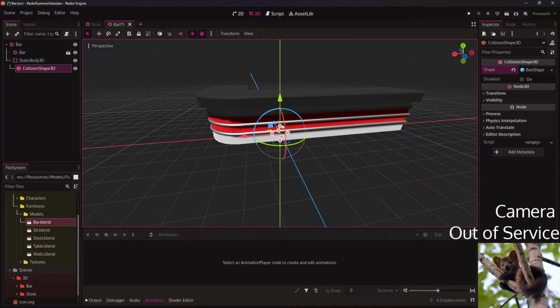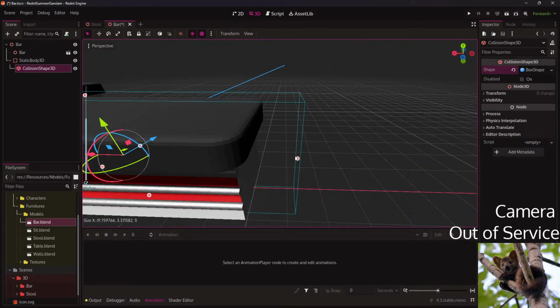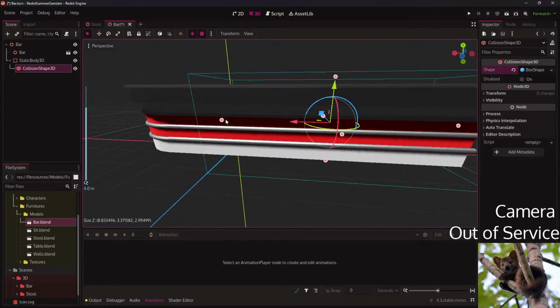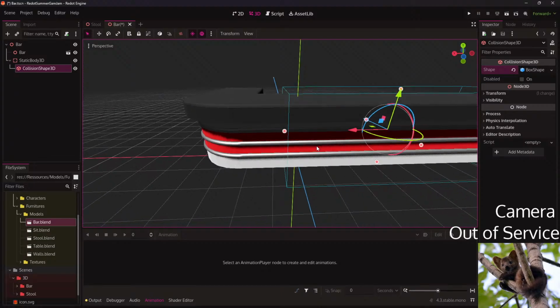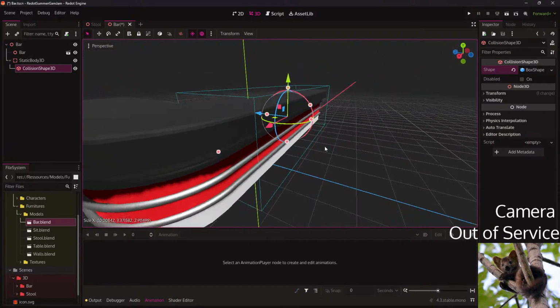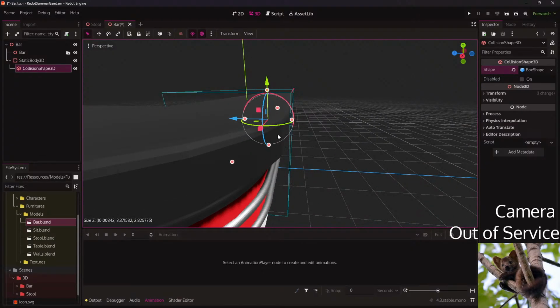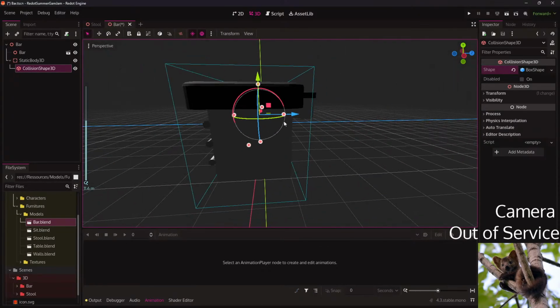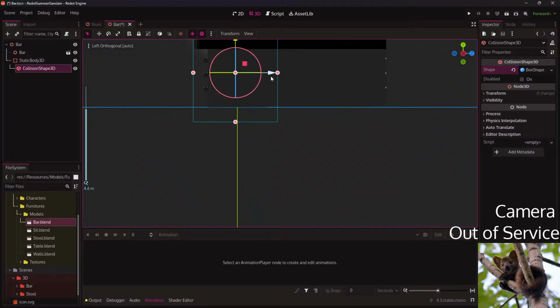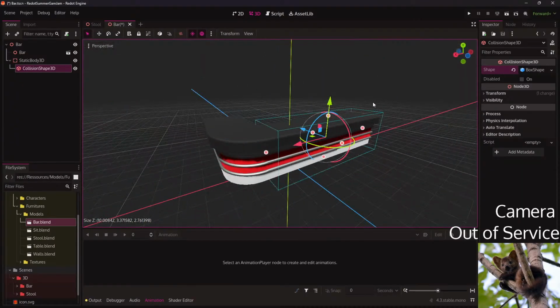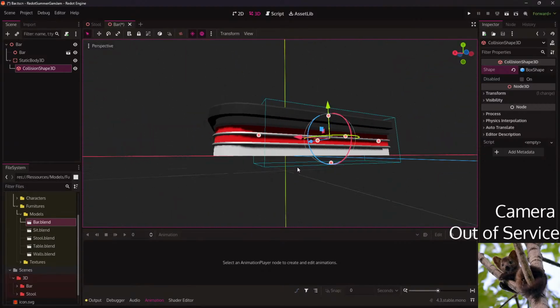I'm probably gonna assemble a few different boxes together. That seems fair. Except for the bottom.